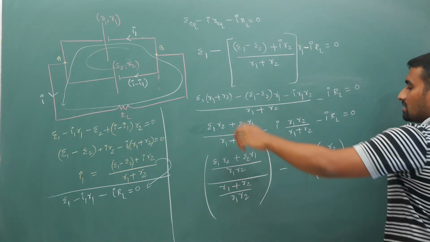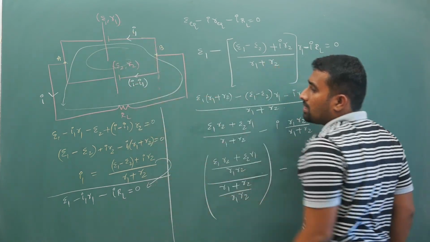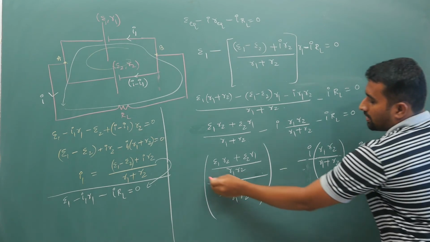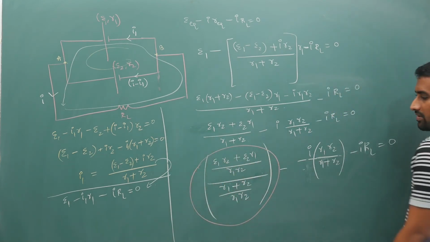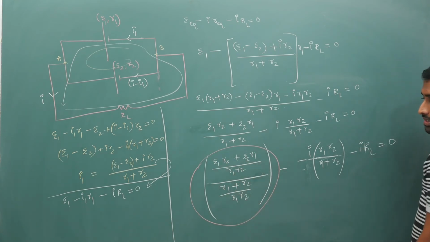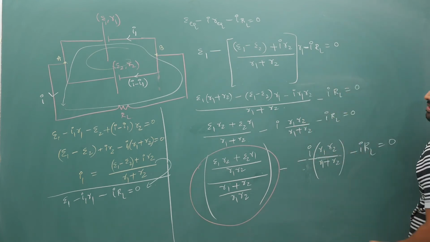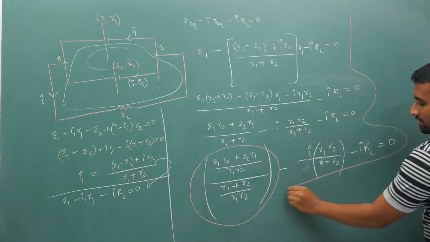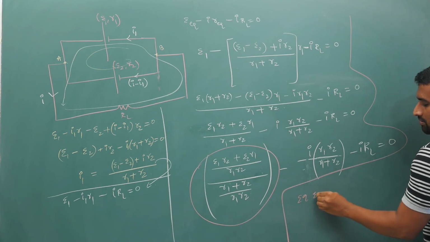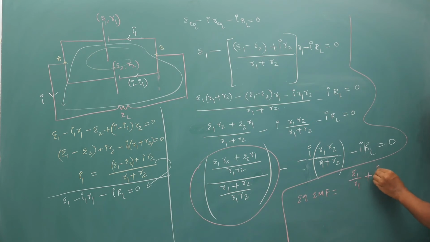Now comparing with this equation, because this is in parallel, these two cells are indirectly R1 R2 by (R1 plus R2), so this part is indirectly your equivalent EMF. So this, if you simplify, you are going to get E1 by R1 plus E2 by R2 and 1 by R1 plus 1 by R2. So from this, your equivalent EMF is, for this cell, (E1 by R1 plus E2 by R2) whole divided by (1 by R1 plus 1 by R2).